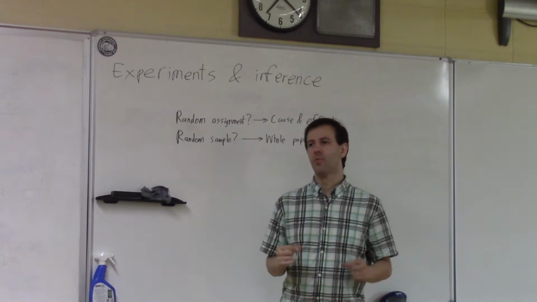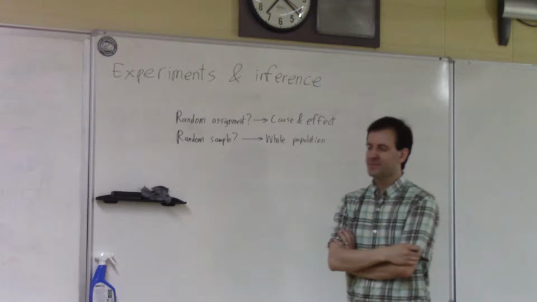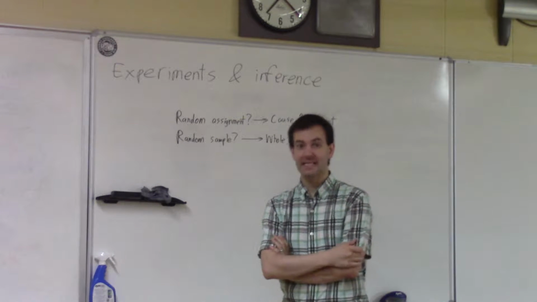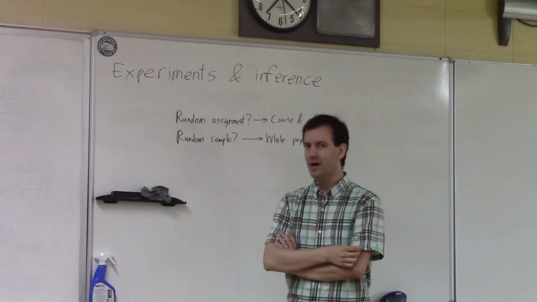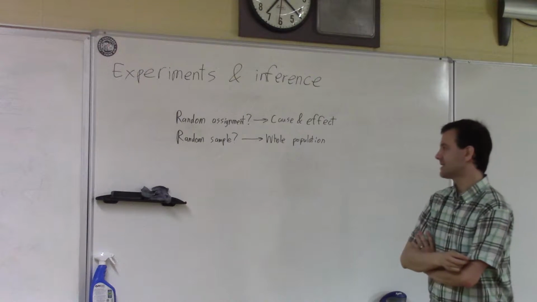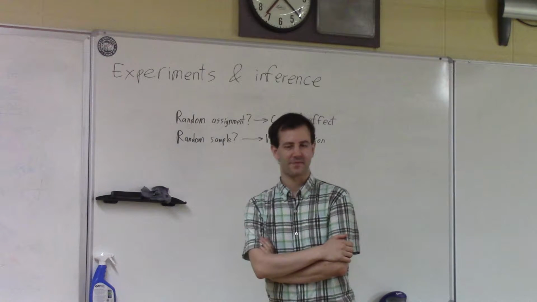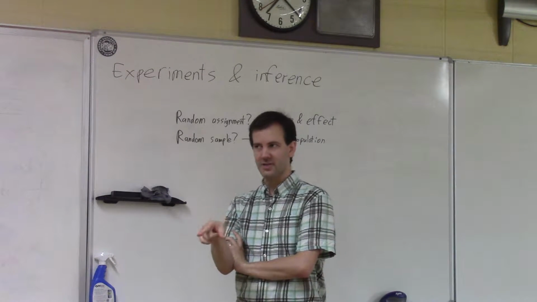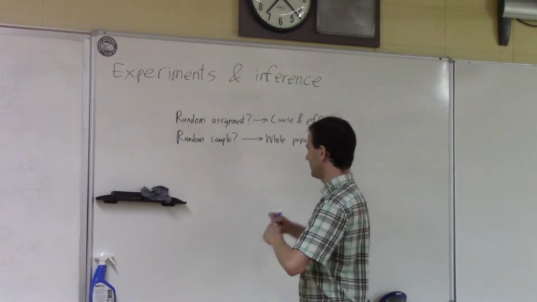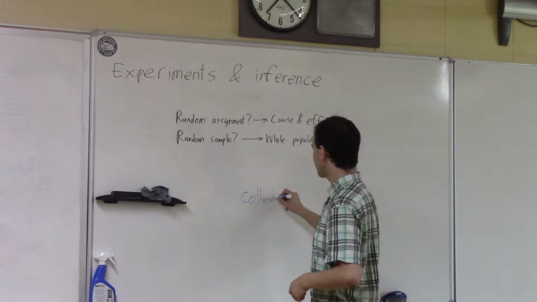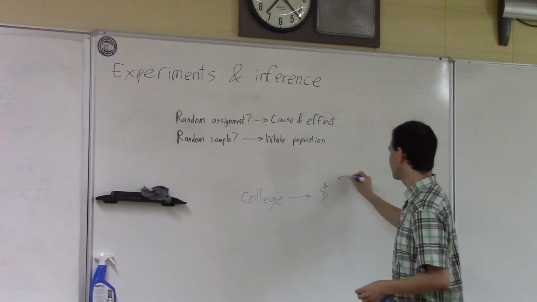So, what can we learn from an experiment and what can't we learn from an experiment? Depending on the design of the experiment, as in how it's being carried out, we can either say certain things about the population or not. Let's say that in my experiment, let's use college for an example. Let's use forcing people to go to college versus not forcing people to go to college. So does going to college cause people to earn more money over the next few years?